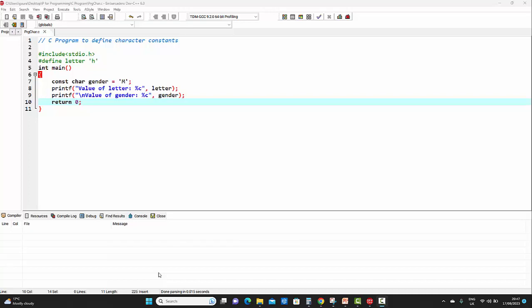Let's see a C program to understand how to define character constants. Here I'm starting my program with a single line comment: C program to define character constants. Then comes the preprocessor directive. First of all, I'm making use of the #include preprocessor directive, which is including the standard input output header